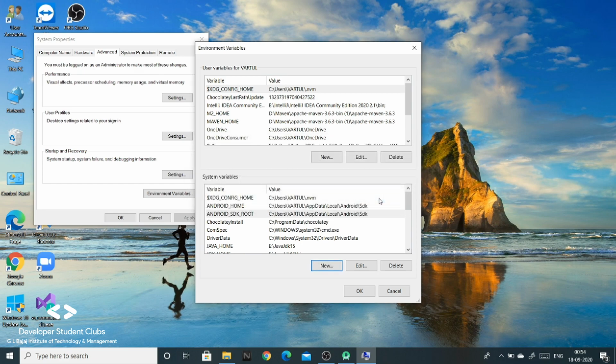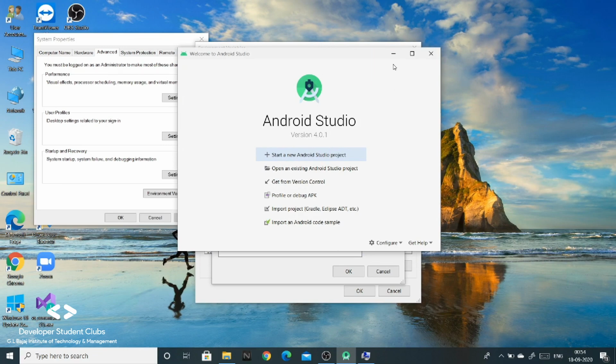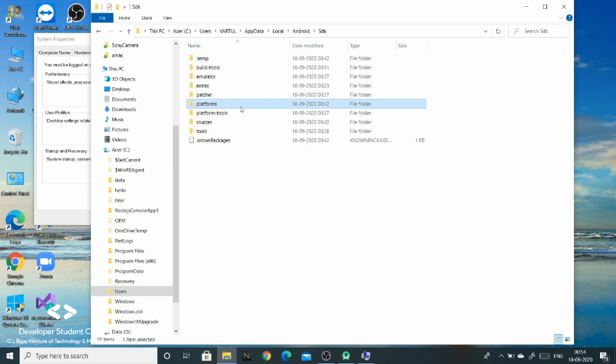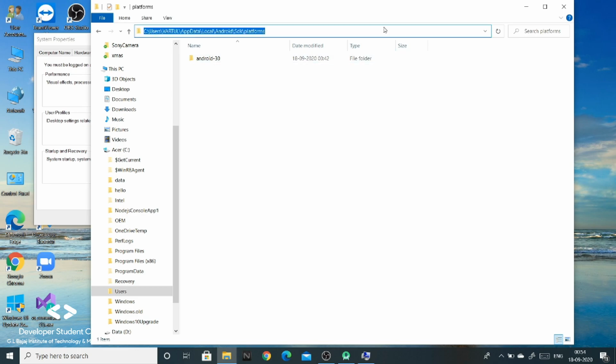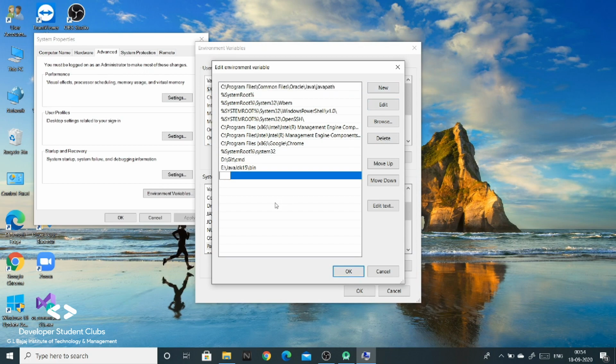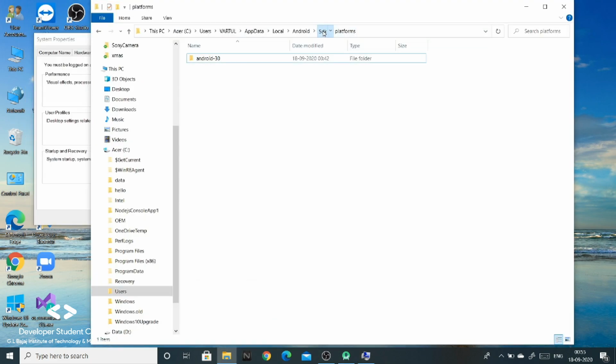Now we will edit the path variable here. Edit, and we will add the path up till platforms. Control C, new, Control V. Okay, and another one till Android tools, platform tools.